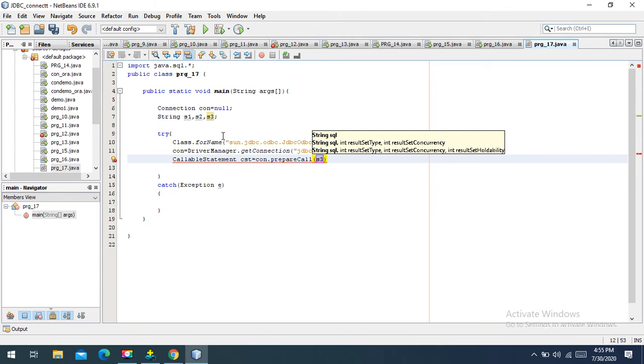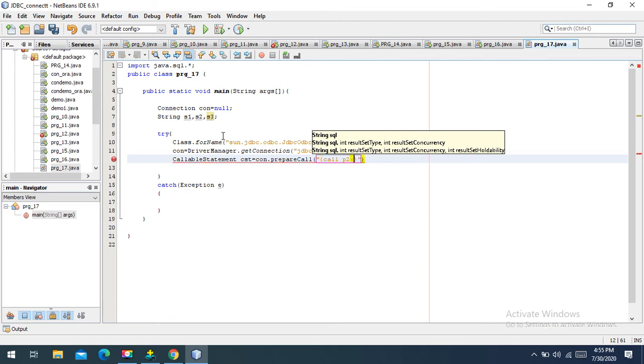From here we'll pass the procedure name as a parameter. For that, do this double quotation mark, then pair of parentheses, and inside it we will write call p2,